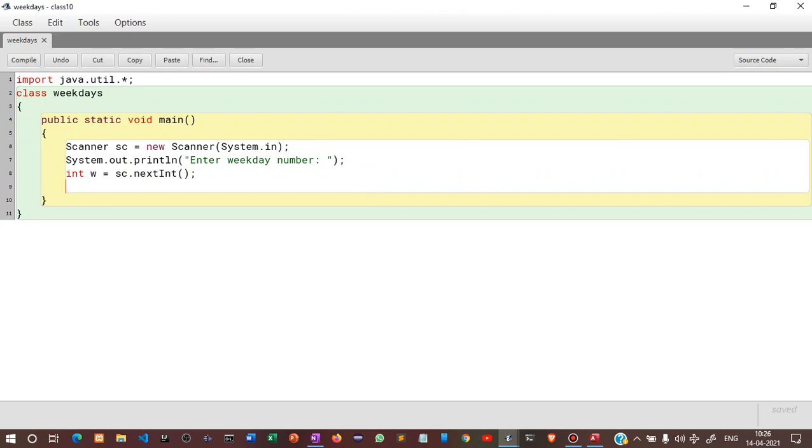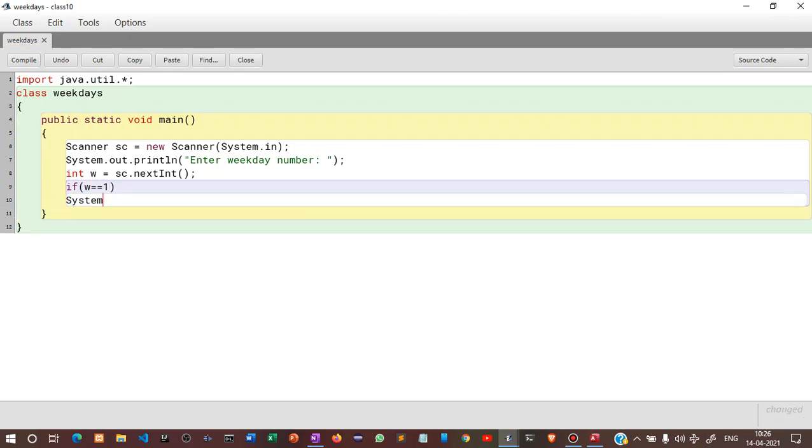Then we will use the if-else part. Since we have multiple statements, we will use if, else if. So we'll write if week equal to 1, then we will display System.out.println Sunday.